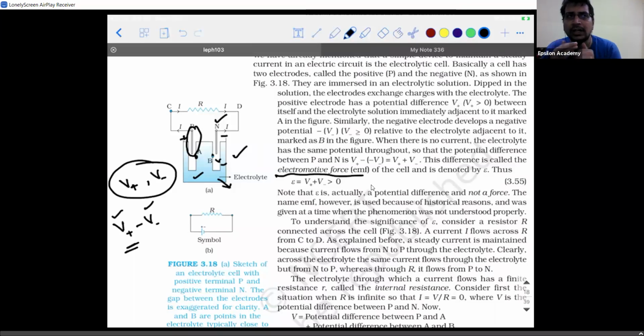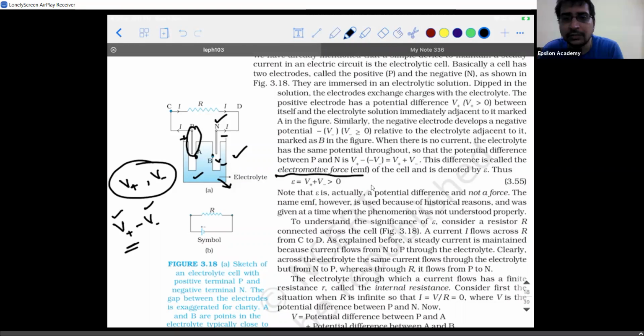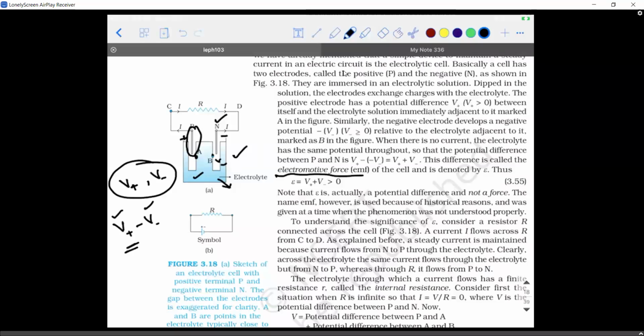So what is the unit and the measurement you're trying to tell him? That 9 volt is a specification of what, or what does that signify with respect to the battery? Guys, are you able to understand my question? When you buy a battery and come, you're able to see 9 volt written on top of it. What does that 9 volt represent? Volt is the unit of which parameter? Potential. Potential difference. You can say potential or potential difference.